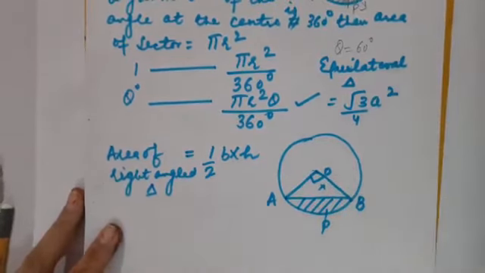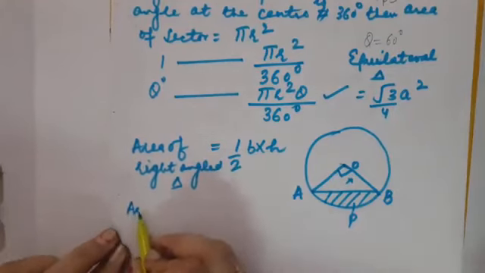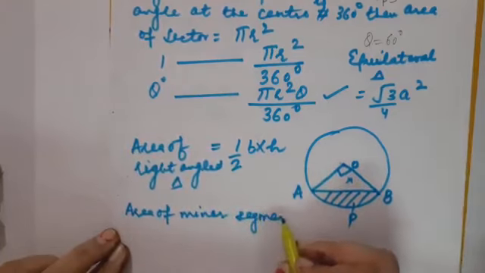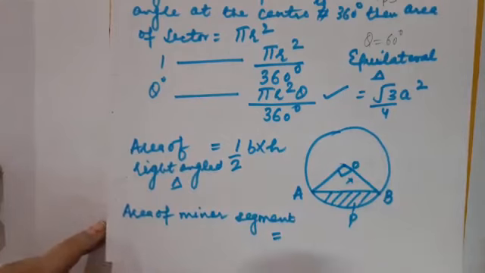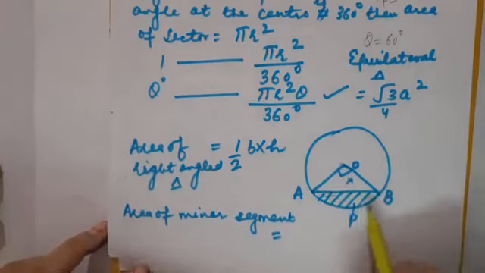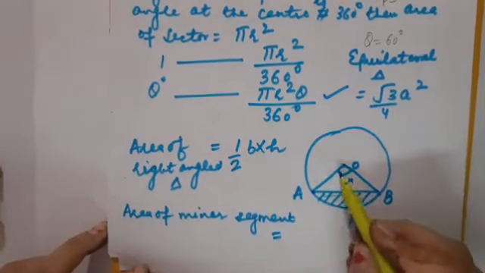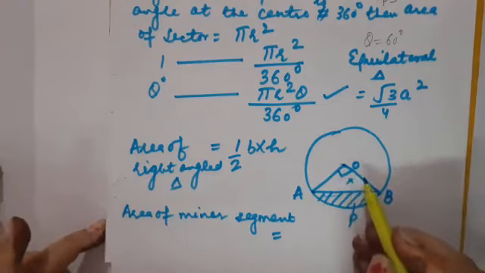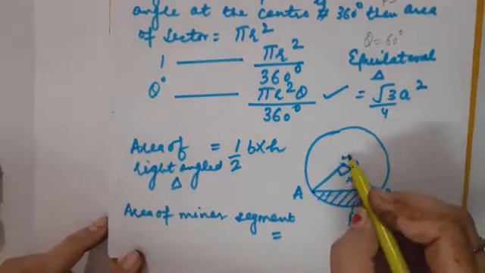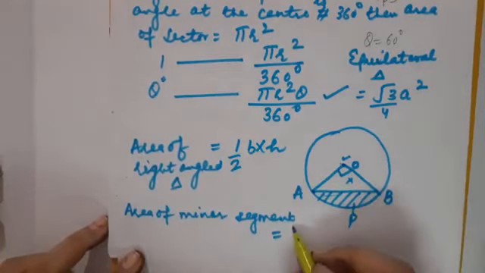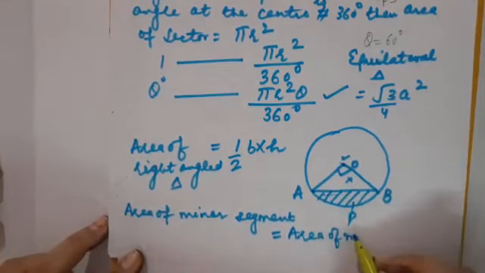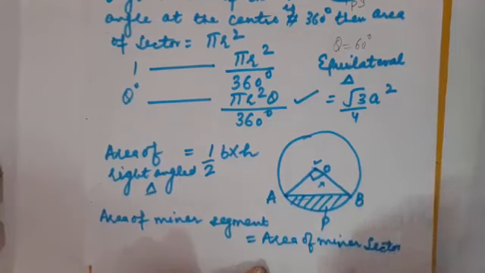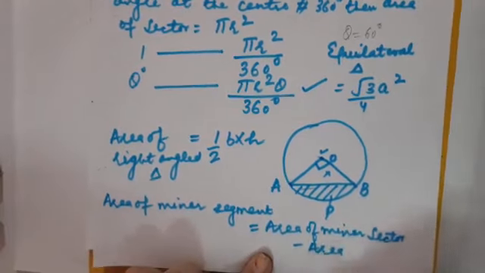Understood or not? So children, can you speak what will be the formula of area of minor segment? Here we are dealing with minor till now. I have not switched to the major one. Okay. So this is minor segment, that is APBA. How to calculate its area? Area of sector minus area of triangle. That depends on what kind of triangle it would be. It basically depends on the center angle. Clear? So it will be area of minor sector minus area of triangle.